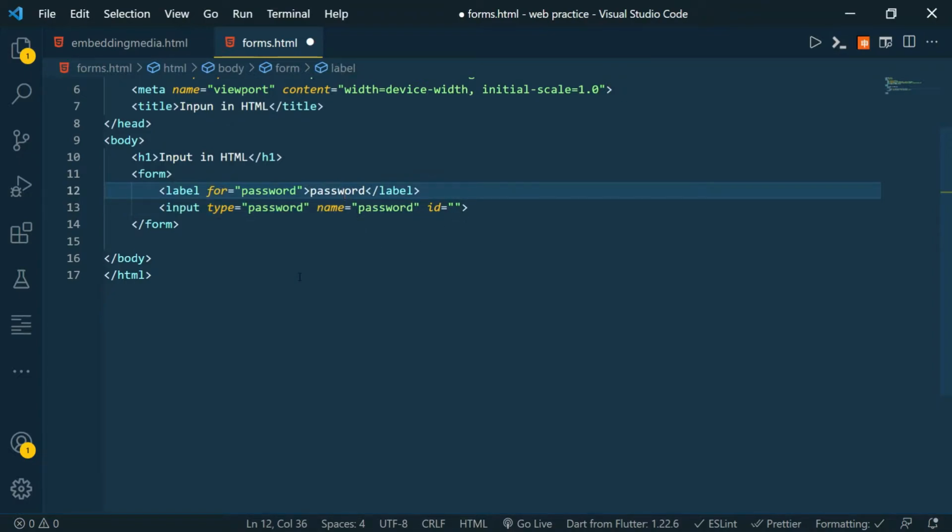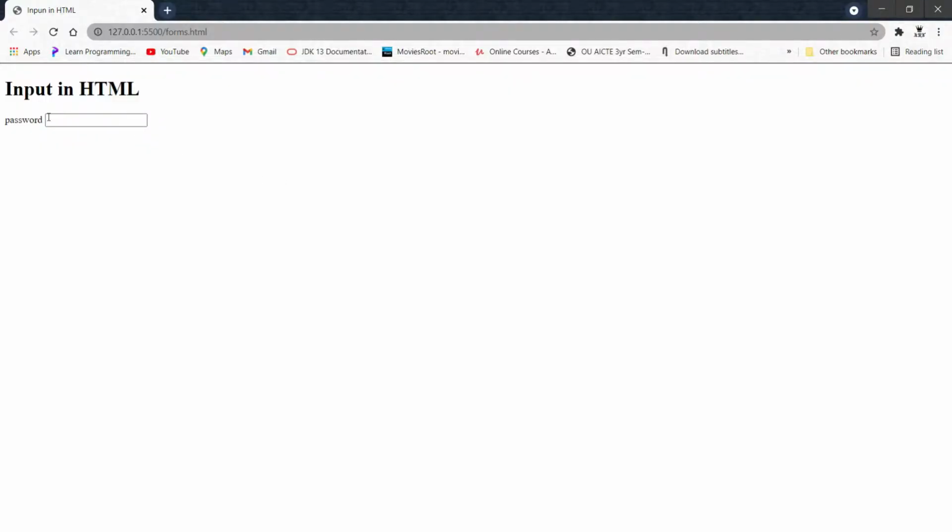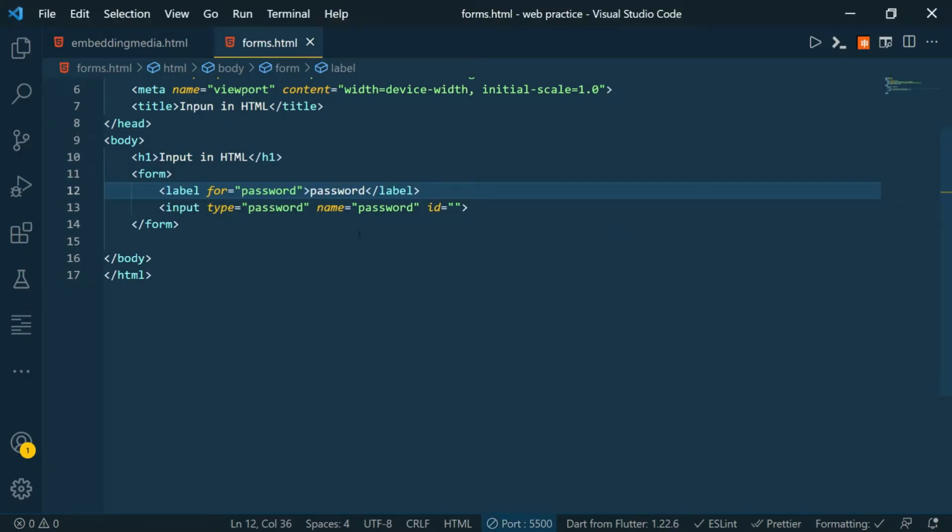So let's go live and see it in practice. You can see we got a password field. Its speciality is that it hides whatever we type in it, and whatever we type is case sensitive. That means we need to keep in mind which case we are typing in, capital or small.